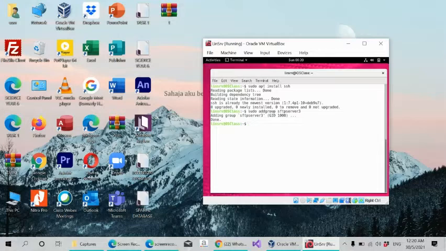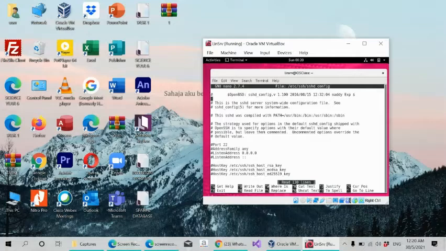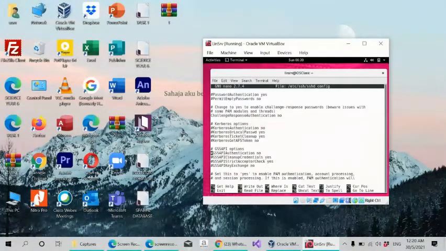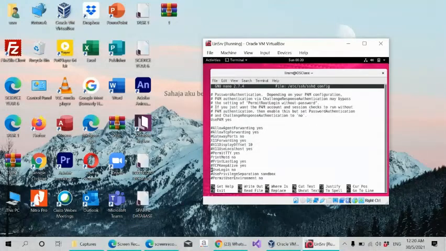The next step is we have to configure whether the SFTP is ready or not. So we need to type sudo nano space /etc/ssh/sshd_config. When we have successfully opened it, we need to go to the bottom